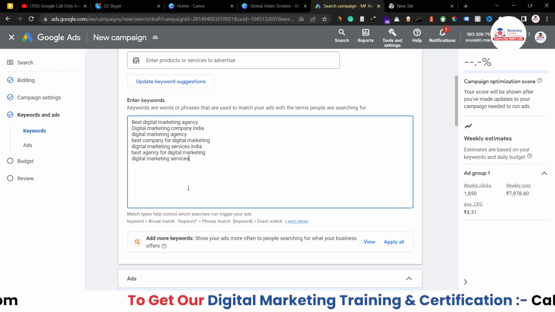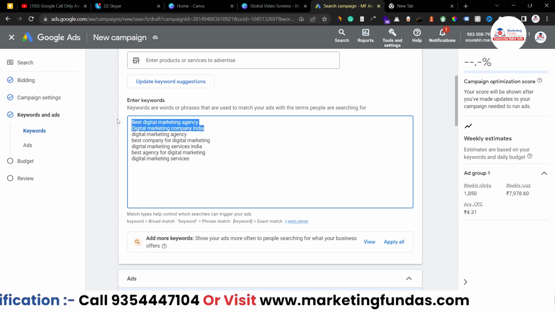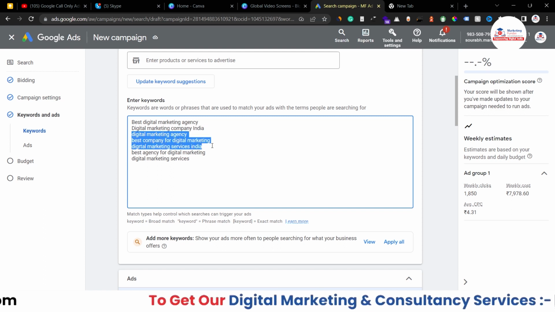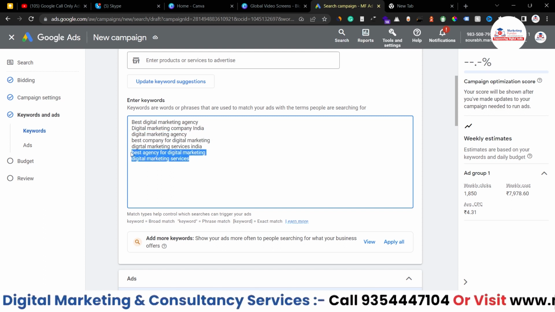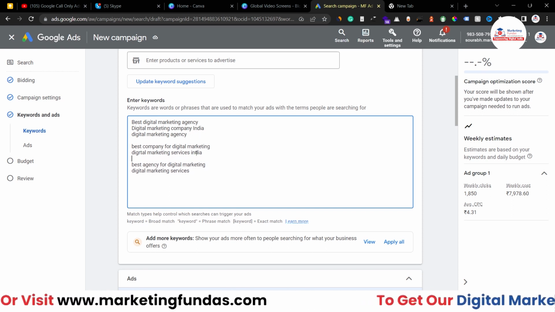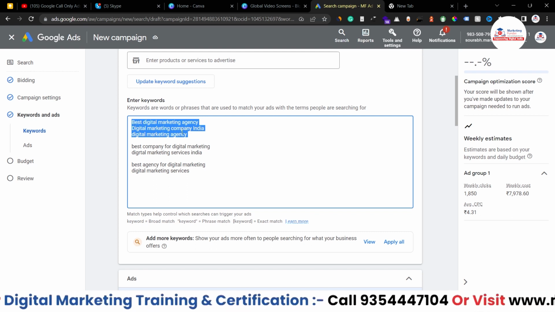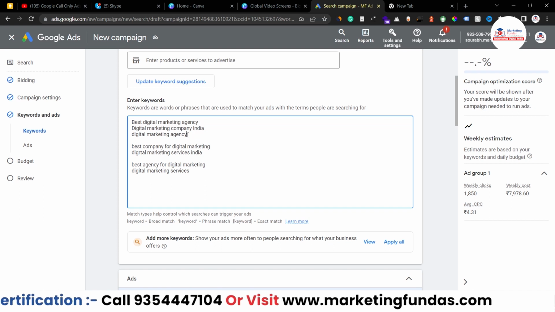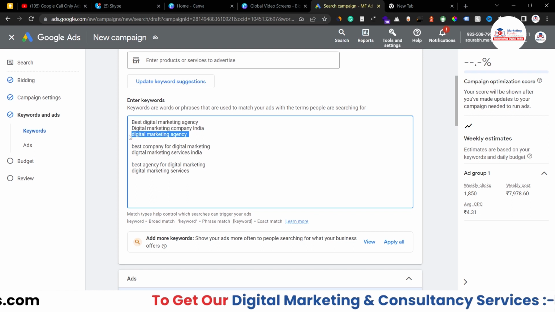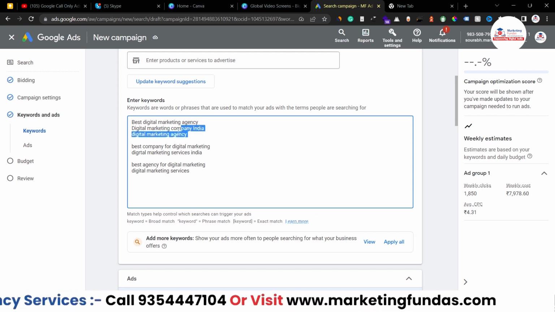Right now, there's a question: how can you differentiate these keywords, how can you add these two keywords into broad match type, these three keywords into phrase match, and these into exact match? Let me just do one thing. Let me separate these keywords. I want to add these keywords into broad match type. To add these keywords into broad match type, you don't have to do anything. If the keyword is like this, without any quotation marks or brackets, then the keyword will fall into broad